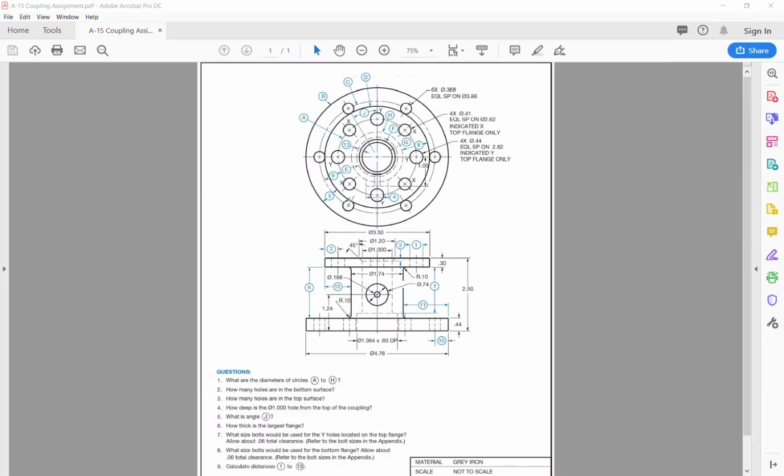So I hope you have some fun with this activity. This is a real good example of various circular features and how we locate and size them. So do the activity and let me know if you have any questions. I'll see you in